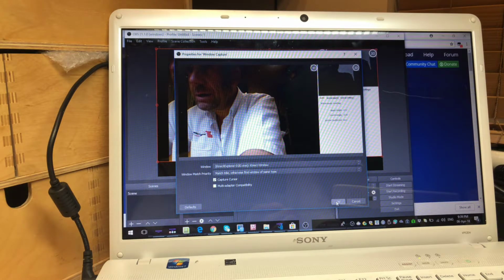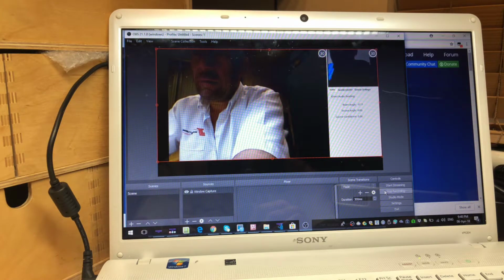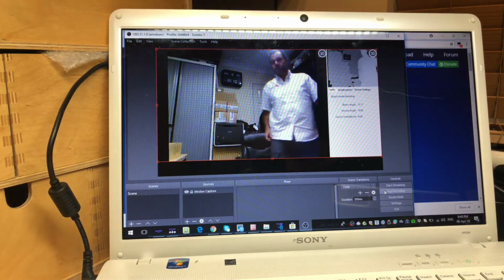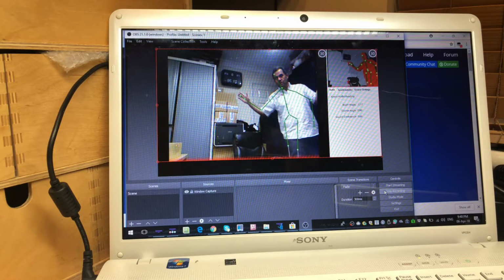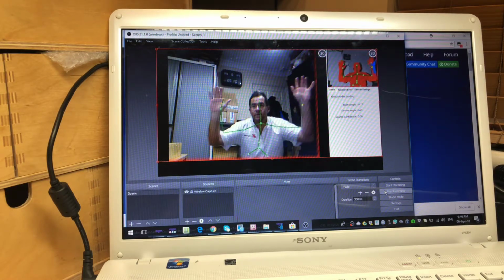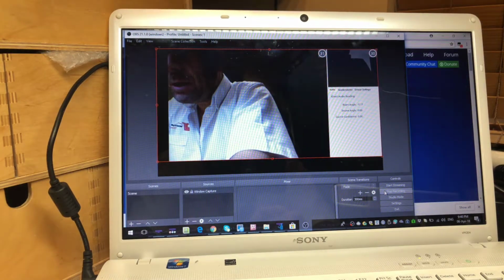So if I click OK, I now have the option to start streaming, so you'd have to set up some additional information to do that, or you can press start recording. So if we start recording, just move back and see I've got the skeletal data there. So I move back in towards the screen, I'll press stop recording and then simply go to file, show your